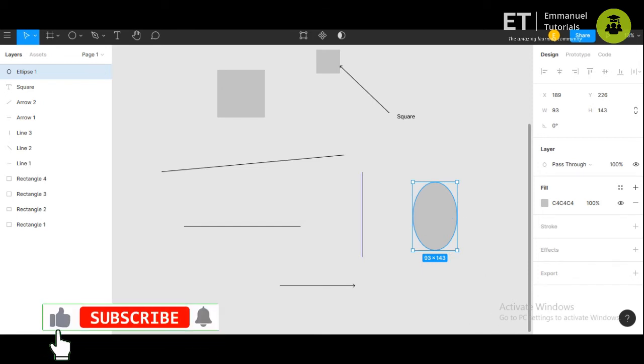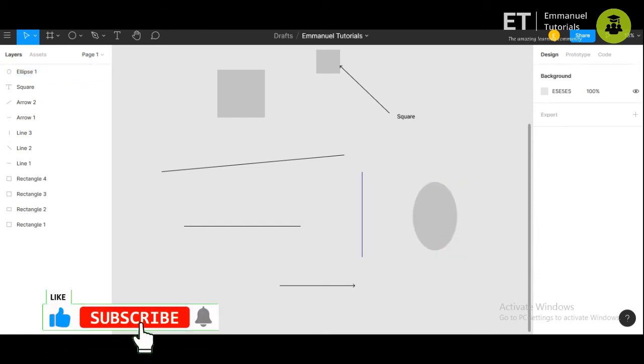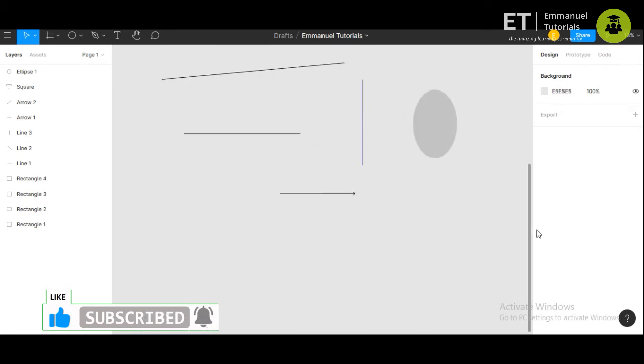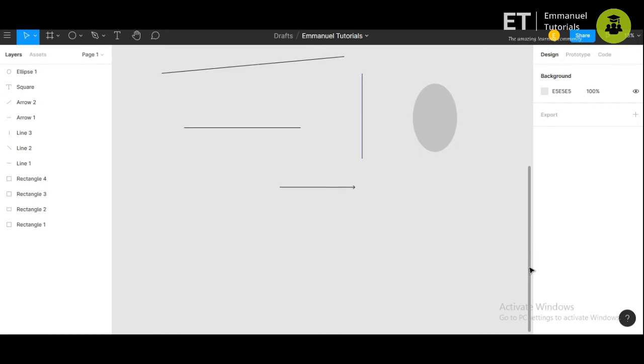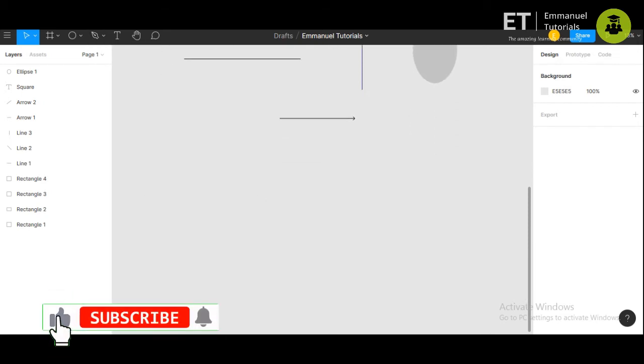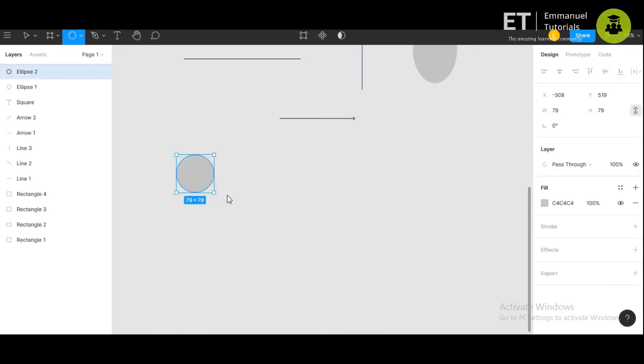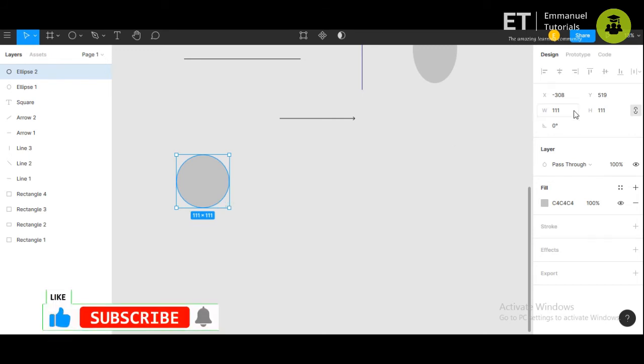So this is an ellipse. Now we'll try for a circle. For a circle, you'll have to press the shift key. So here you can observe that height and width are equal.